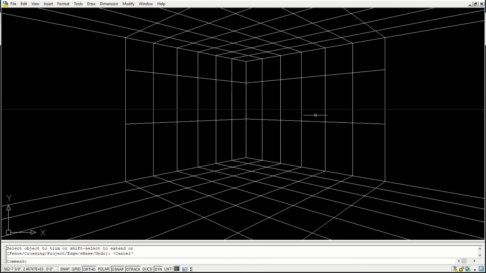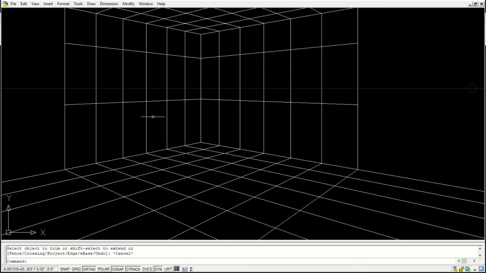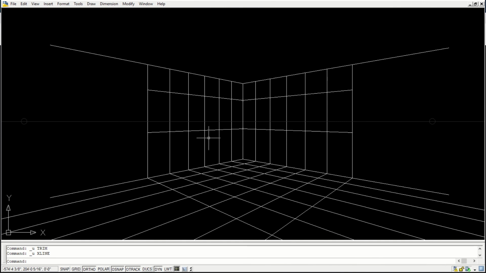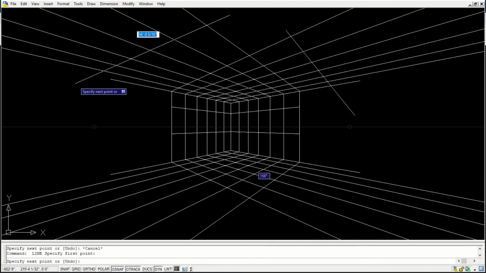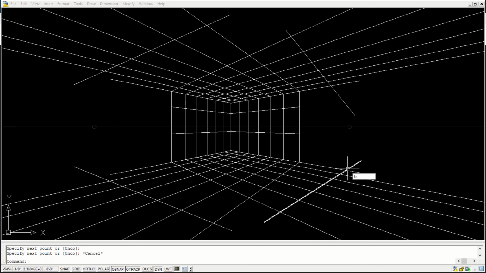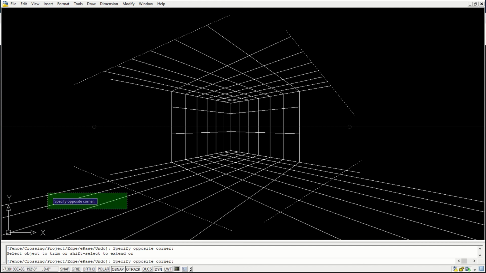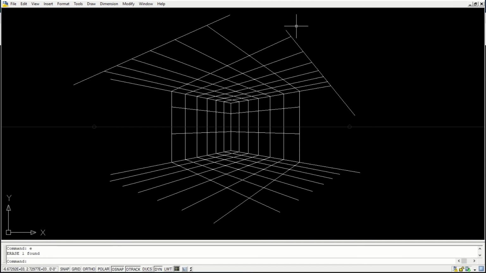Okay, so once you have this perspective grid, I think all other things are easy to construct using this, because we don't have to follow any other new rule other than what we had followed before.